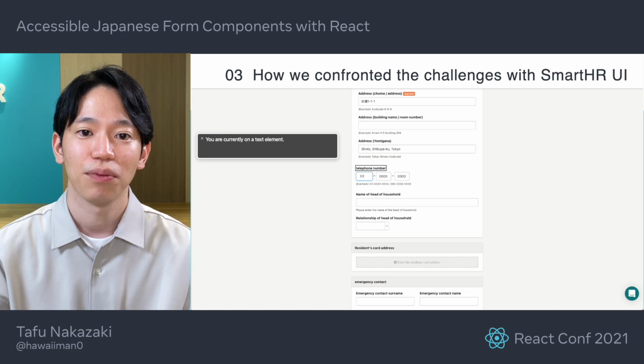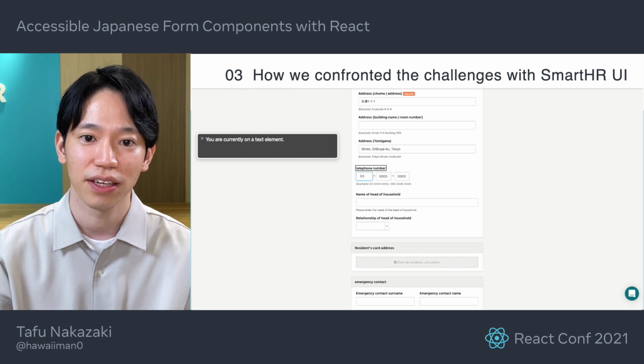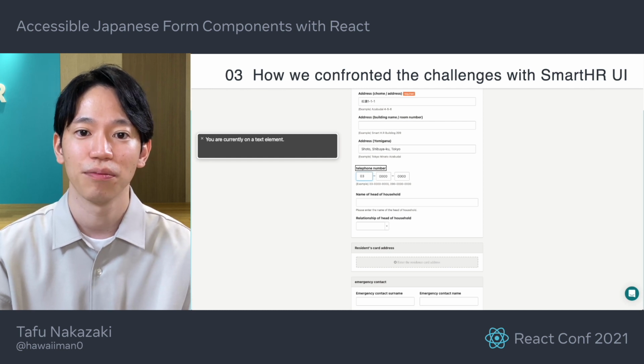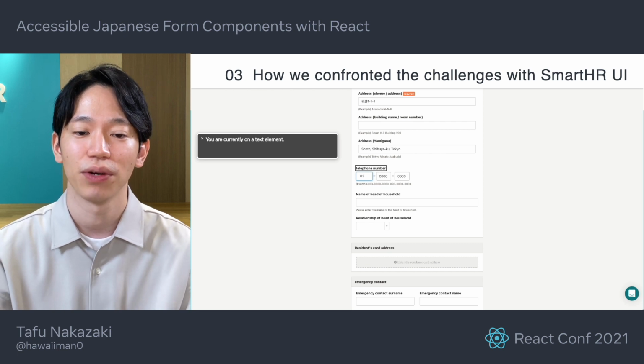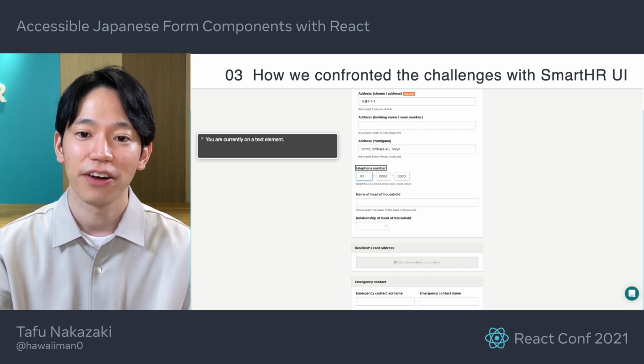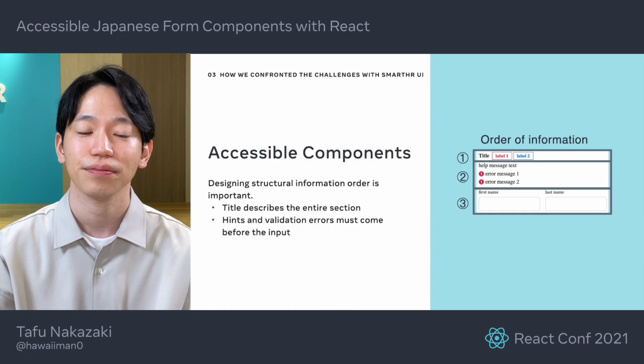As you saw in the example, when entering the employee number, the user must go through the input first to the hint message in order to understand the format to input the number. And for the phone number, the user cannot tell whether it is a single input field or multiple input fields until one passes through the input component. The status of errors, submitting, etc. are also not visible from the component just because of the order.